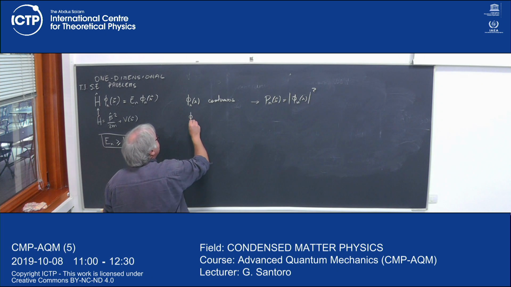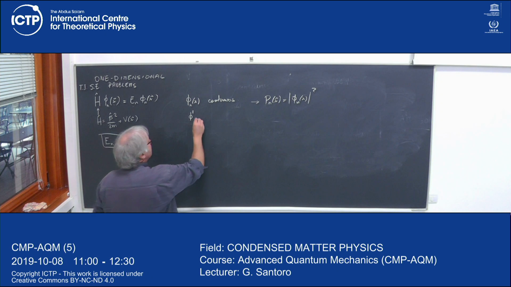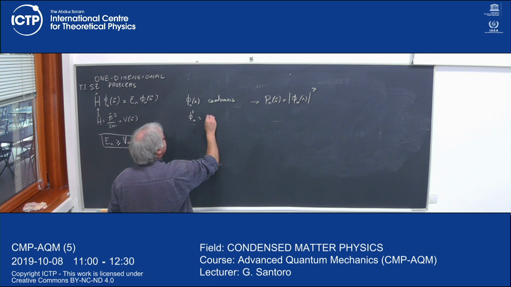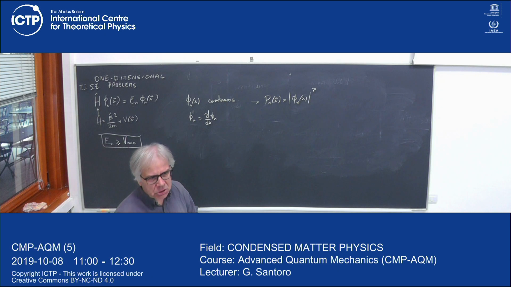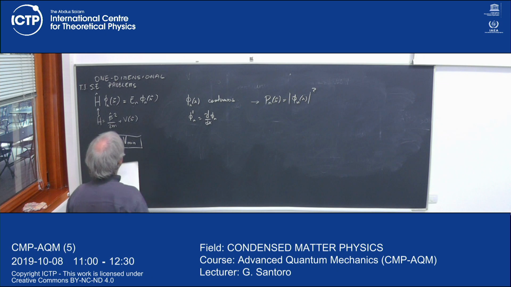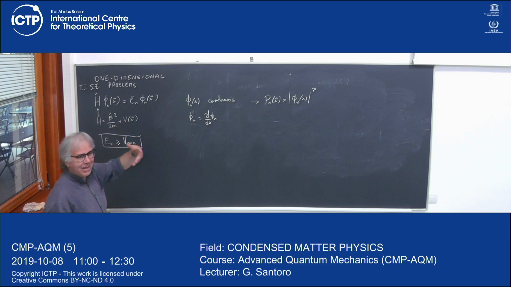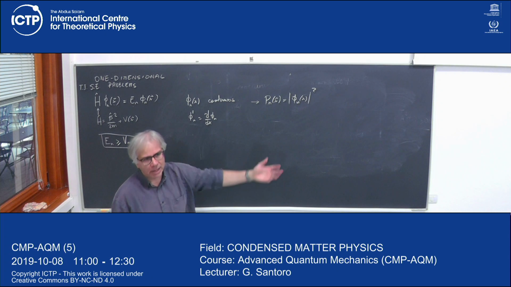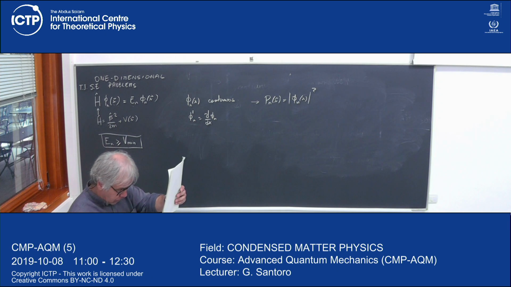Well, but you could ask, what about the derivative? Let me write it as phi prime. In 1D, this would be just the derivative of phi n, just for shortness. Is this continuous or not? Well, generally speaking, yes. After all, here I have the second derivative, so I want to have something for which I can take two derivatives, right? And therefore, the first derivative is generally continuous, and you can take a derivative, in fact.